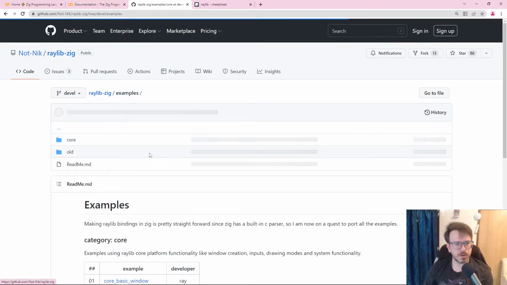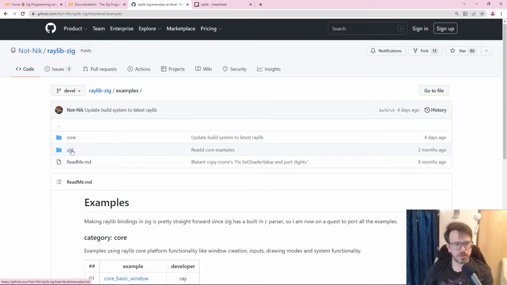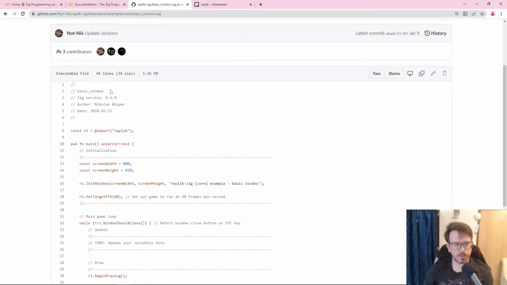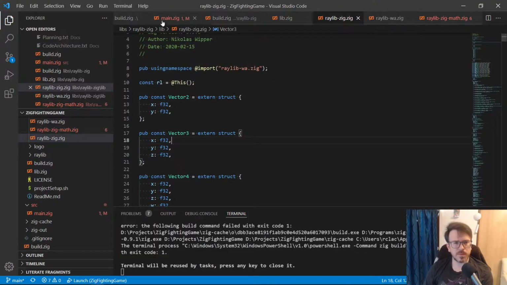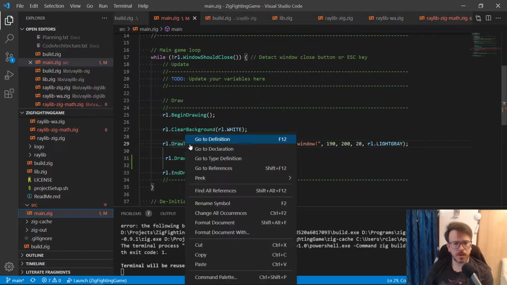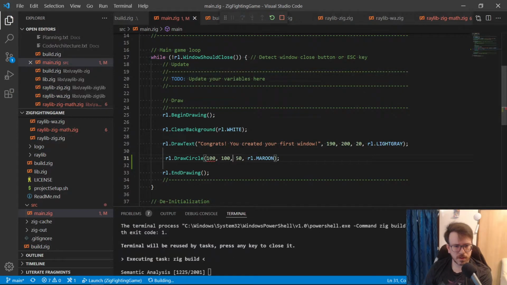Where's their build? It's interesting. So they expose draw text directly, but is it actually exposed?